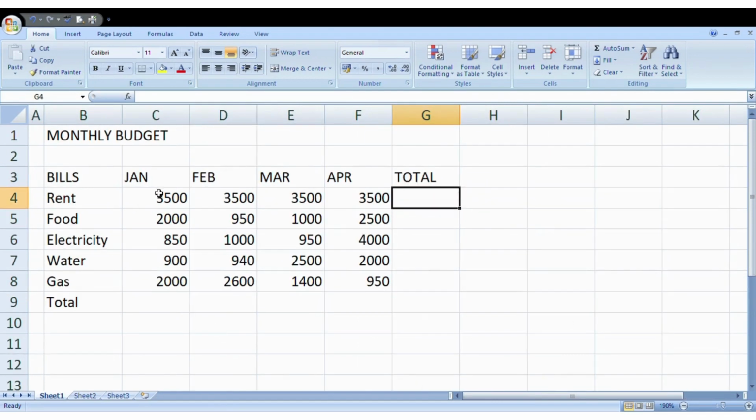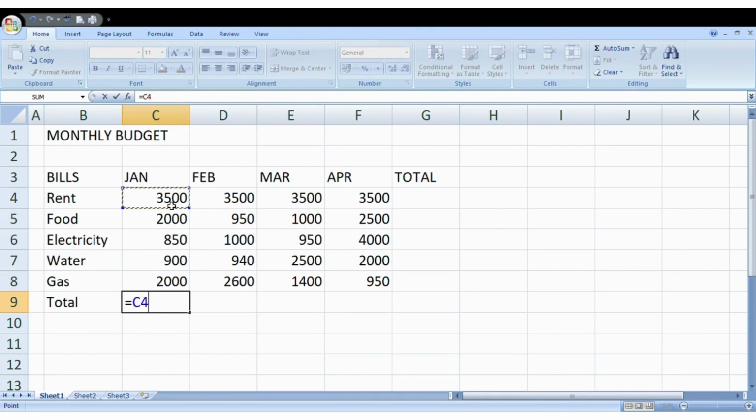If I need the total of all the bills for the month of January, what will I do? Equal to is very important while doing any mathematical calculation. You can type equal to, select this cell, then enter a plus sign, then this cell plus this cell plus this, that is C7 plus C8, and then you will press enter and your total is